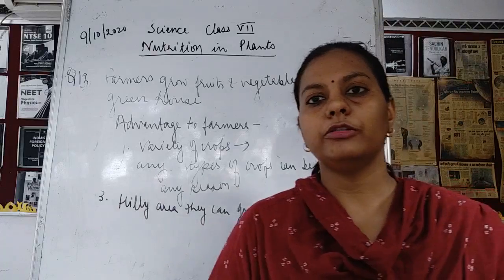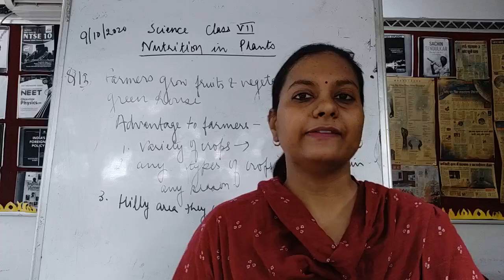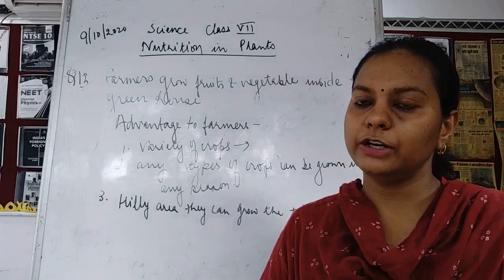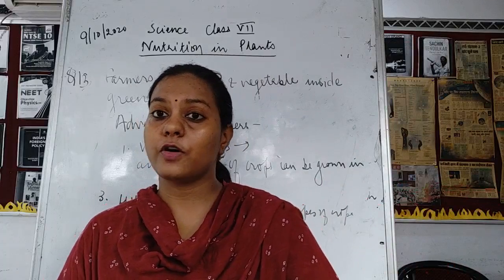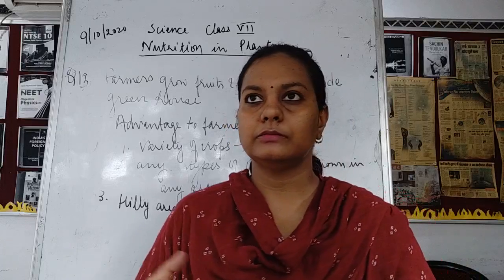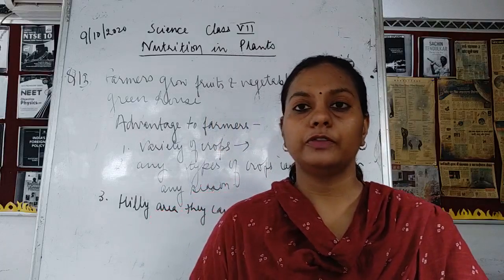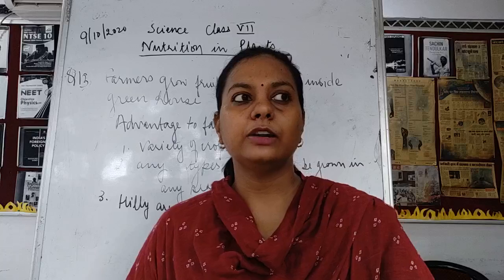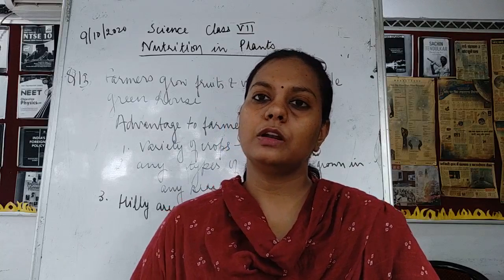So this was all about your first chapter, nutrition in plants, in class 7. So children, with this your chapter is complete. You can complete the question answers, you can draw the diagrams which are present. I'll discuss the diagrams to be drawn in your online class, and I'll tell you how many questions are required which will be drawn with the help of diagrams. Some direct questions are there, but for some of the questions you are going to draw the diagram. Fine. So that was all about today's video.